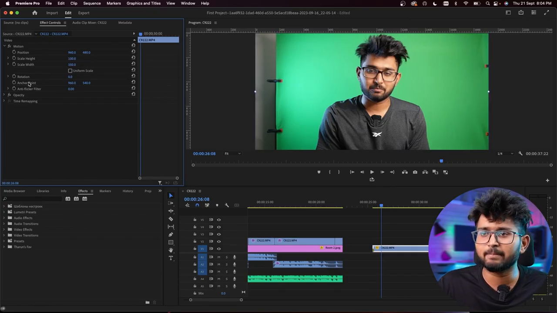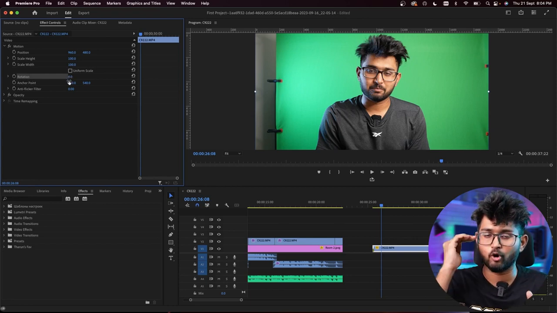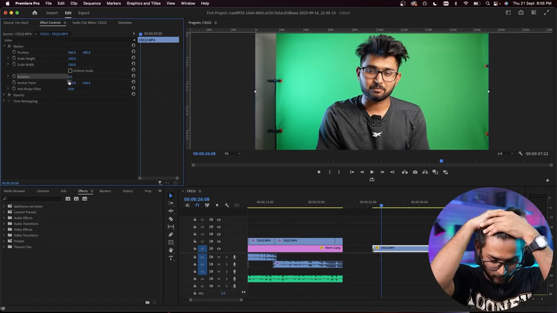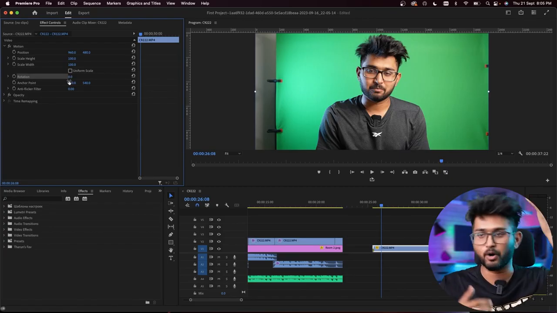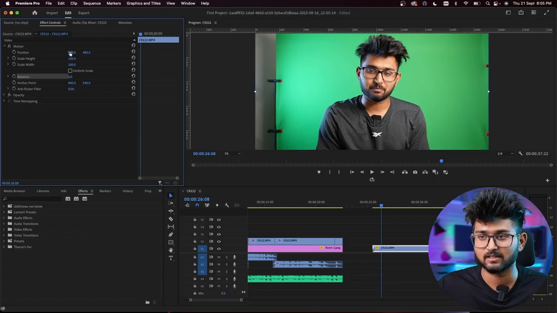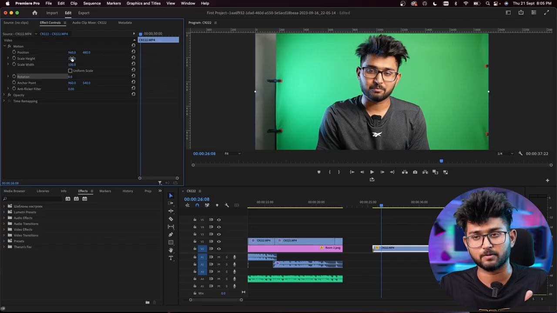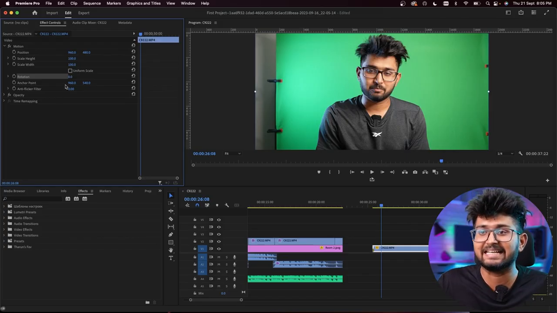Now let me go to the next thing, which is rotation. I just clicked on rotation, and this rotation is in degrees. I'm also mentioning the units here because if you are a science student, units and dimensions are very, very important. So the first one is in pixels. The second one is scale, which is in percentages: 0%, 10%, 100%, 200%. And the third thing is in degrees, right?